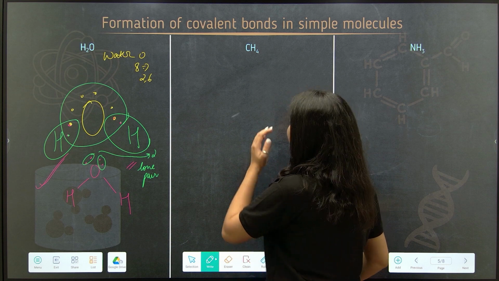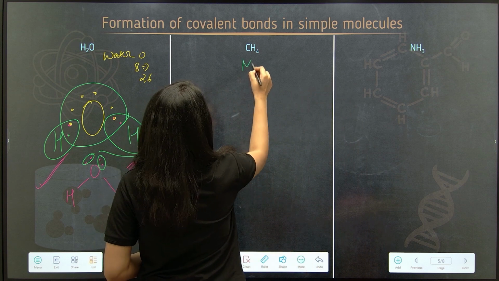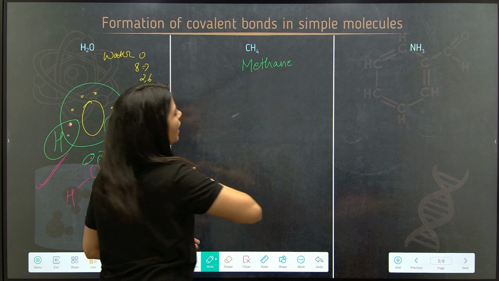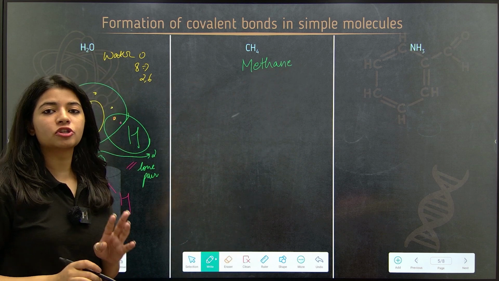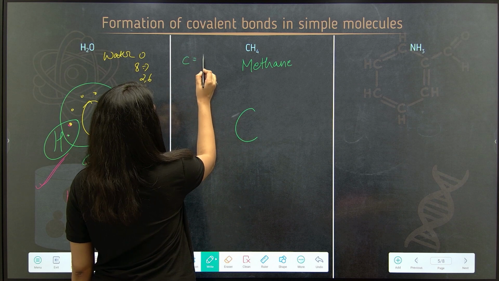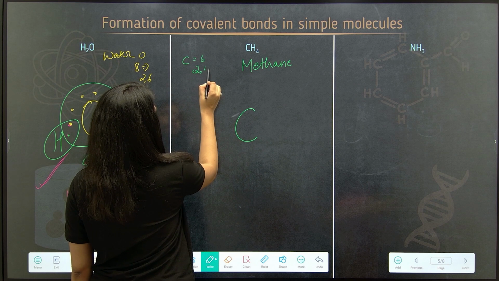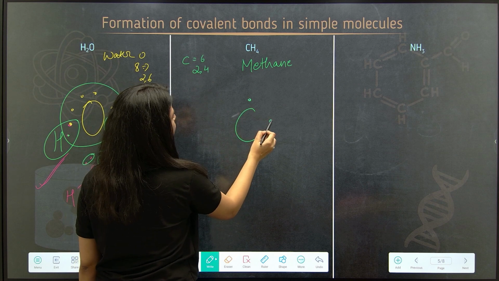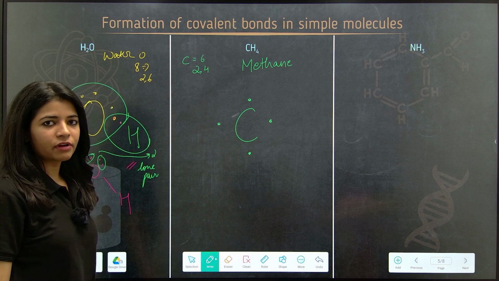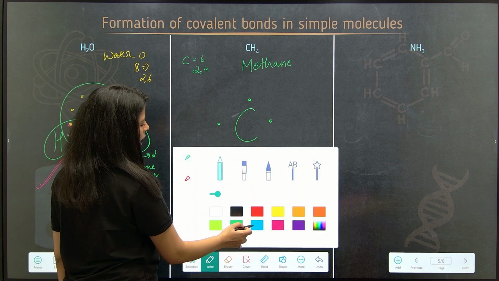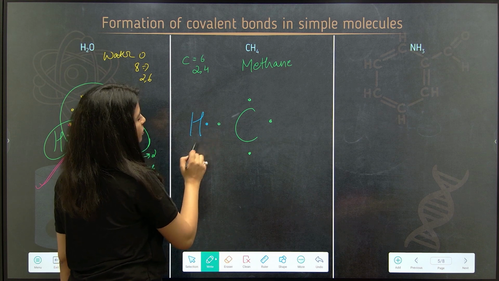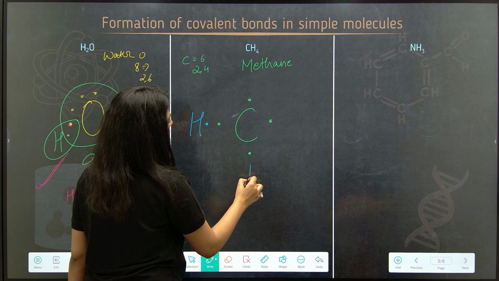Next, let's talk about CH4, which is methane. In this, I can see carbon atom which is bonded with 4 hydrogen atoms, right? So carbon atom, what is the atomic number of carbon? It is 6. Electronic configuration is 2, 4, right? So 4 electrons are present in the outermost shell. Okay, this is how I will represent. Now, how many hydrogen is there? 4. So 1, which will bring its 1 electron, another one,